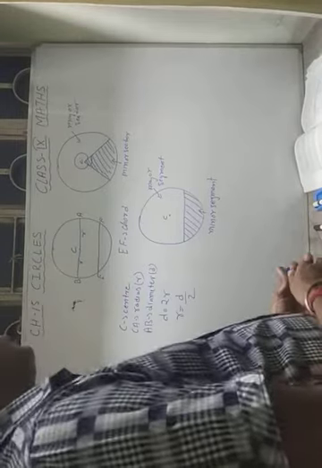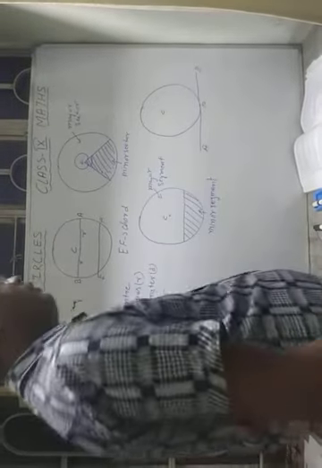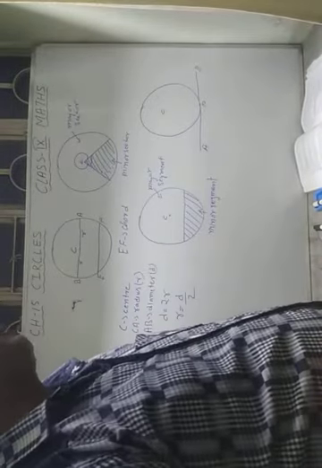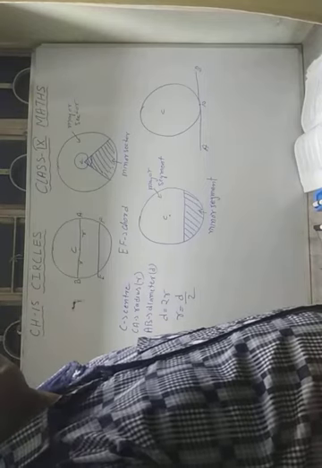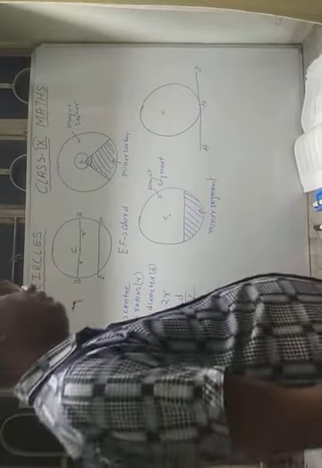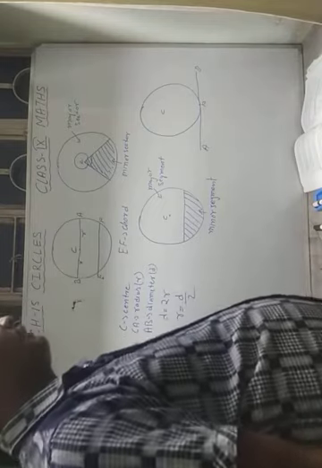Other points in this circle are tangent and secant. What are tangents and secants? When you draw a circle, if you draw a line segment like this which touches a point P, suppose it is AB, this AB line is called a tangent. A line segment or a line which touches one and only one point on the circumference of a circle is called a tangent.